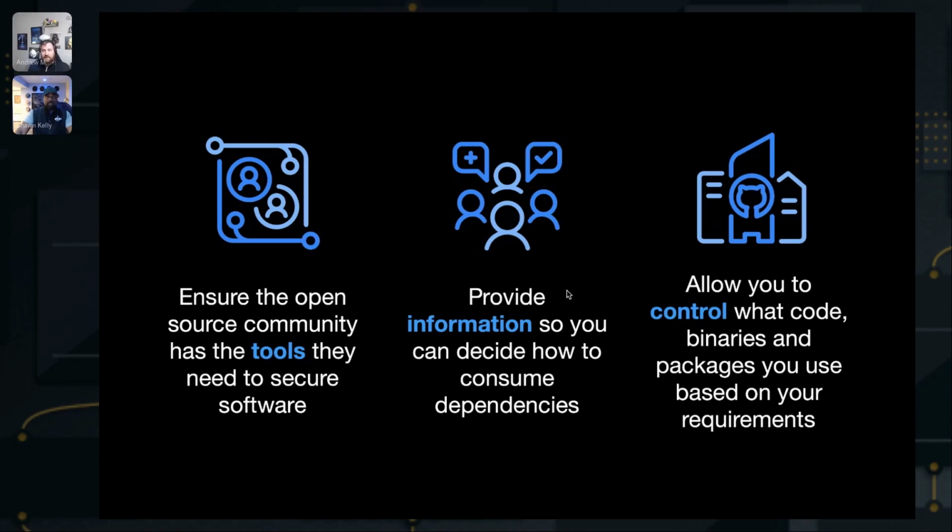Additionally, if you look at the Dependabot results, you can see a plethora of information. So you're not just blindly accepting a pull request. So really giving you the ability, even through Dependabot version updates as well, to control the hose pressure, if you will. Do you want to have updates every week, every day, maybe monthly? What type of version updates do you want? Do you only want major, minor, or patch? And then allowing you to control the code binaries and packages. That's really through Dependabot and dependency graph, being able to know what's coming into your repository there.